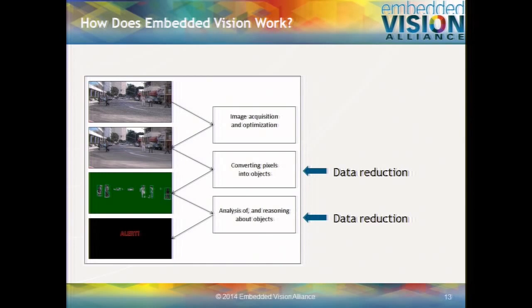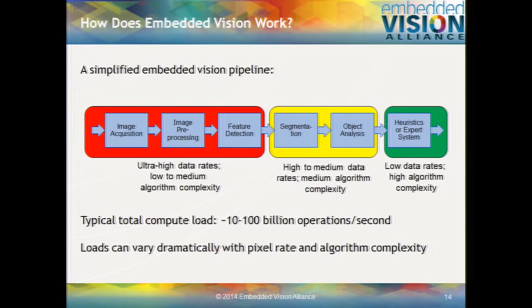I'll go into a little bit more detail, but one of the really important points here is that as we move through this pipeline from the image sensor, and of course there may be several image sensors. It doesn't necessarily have to be just one. A lot of products use 2, 3, 4, or more image sensors depending on what they're trying to do. But for purposes of simplicity, let's just say there's one. Moving from the image sensor through all of the algorithmic steps to a point where some decision can be made,